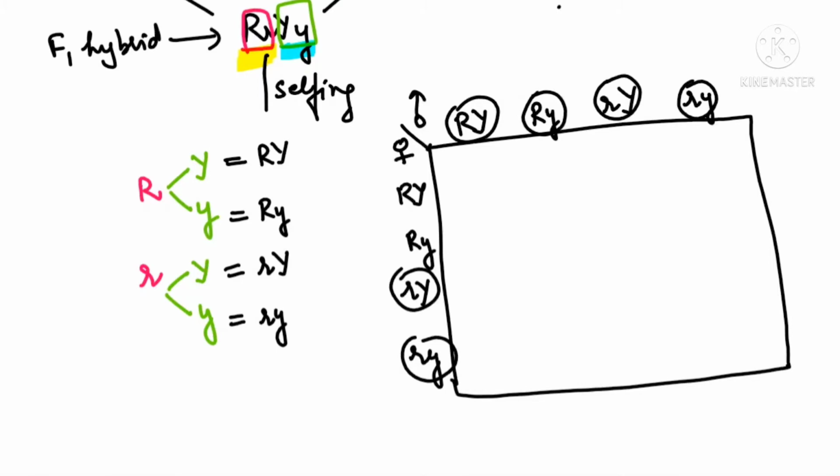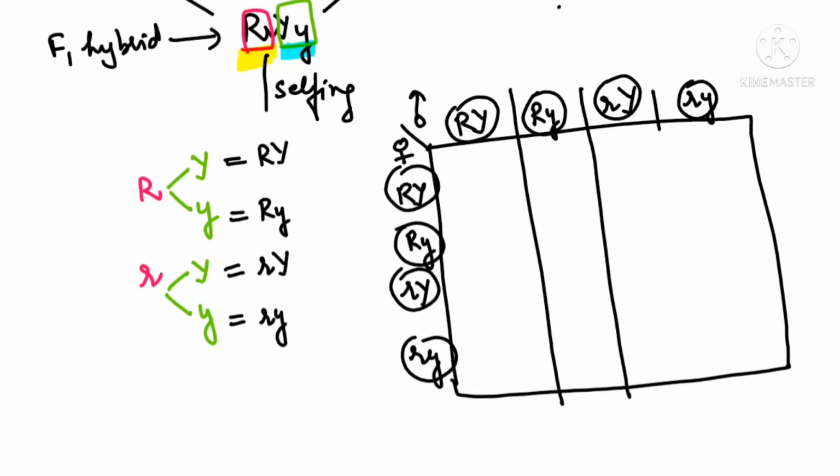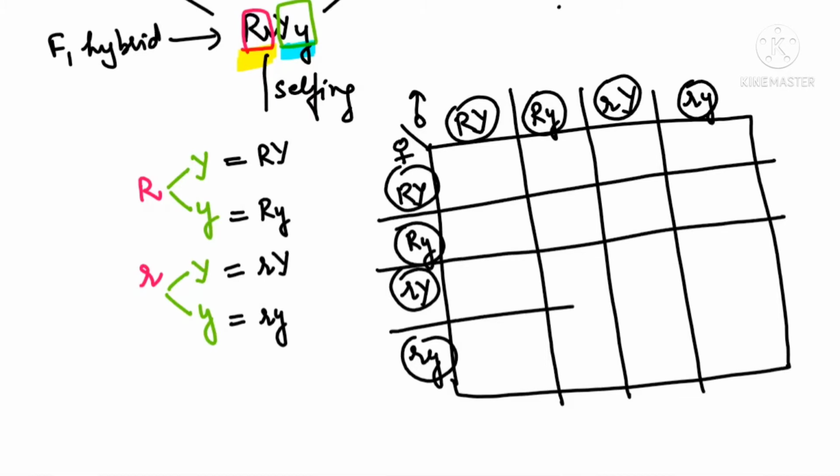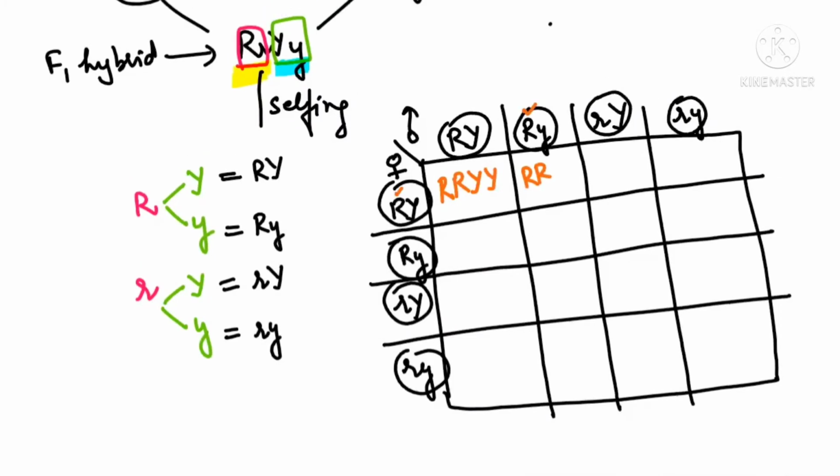So I hope this much is clear to you. Now you will make the box. You will make these partitions. Clear, beta? I'm showing you so that you can understand very properly. And now you have to write the genotype of the progeny. So see, beta, do one thing: write all the same letters together first. If you see R, both sides capital R, so first we will write both capital R, then we will write capital Y. In the second, if you see, both sides are capital R, this one and this one, and first you will write capital Y and then small y.